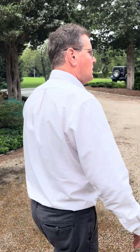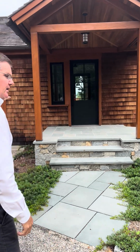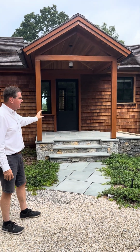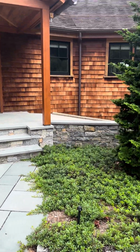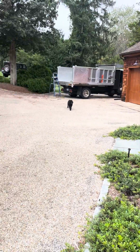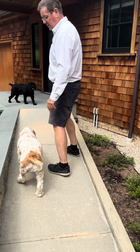And so the other part of that equation is, how's he going to get down there? What we were able to do was take what used to be a classic breezeway between a garage and the main house and clean that up as sort of a mud room and also a second entryway, and create a nice little ramp which is tucked away. You really don't even see it until you're upon it. But basically he gets out of his van, comes around here, walks up, wheels up this little ramp here,